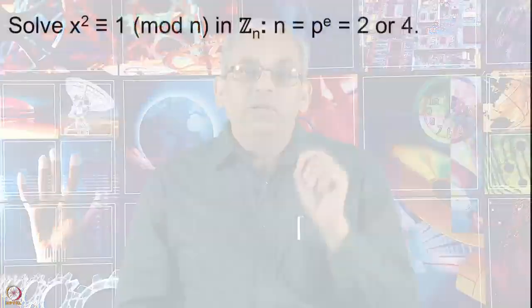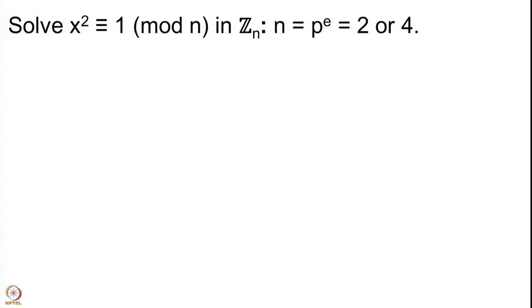So, to summarize, whenever p is an odd prime, in the set Z mod p power e Z, there are only two solutions to x square congruent to 1 mod p power e, and those are a equal to 1 modulo p power e and a equal to minus 1 modulo p power e. For all odd primes the situation is the same. When we go to the even prime p equal to 2, there the situation is somewhat different. We do the case of p power e equal to 2 and p power e equal to 4 separately, and then from 8 onwards we will be dealing with the case differently.